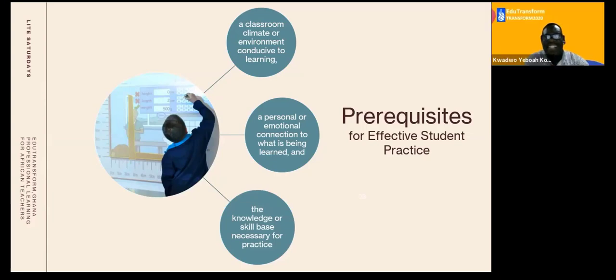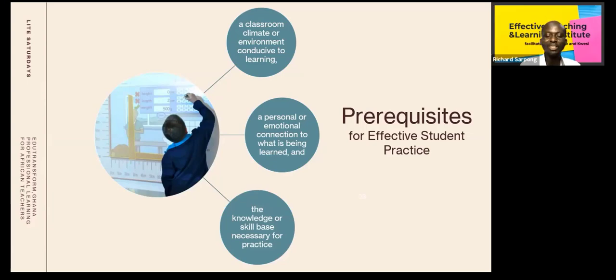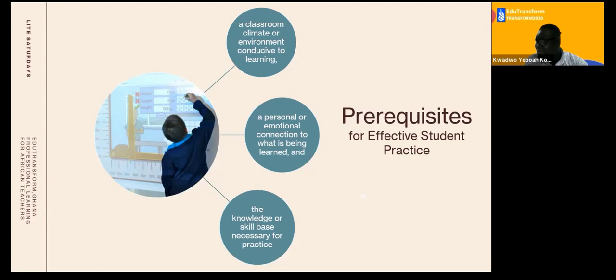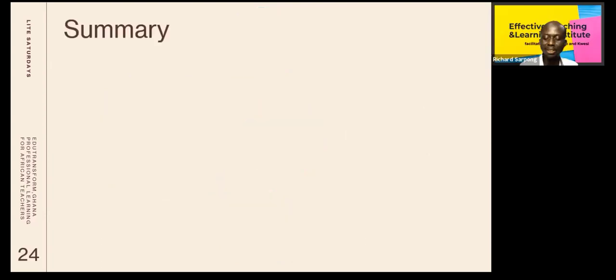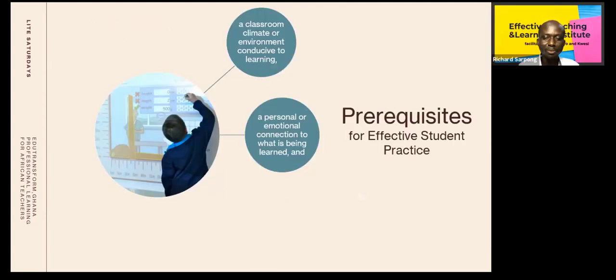And as educators, we know about Bloom's taxonomy. They need to remember, understand, comprehend, apply, evaluate, synthesize, and all of that, the higher levels of learning. But we also know about Maslow's hierarchy of needs, where people need to feel they belong, they need to feel loved, cared for. So if we create a classroom environment that is conducive for learning, where students feel they belong,